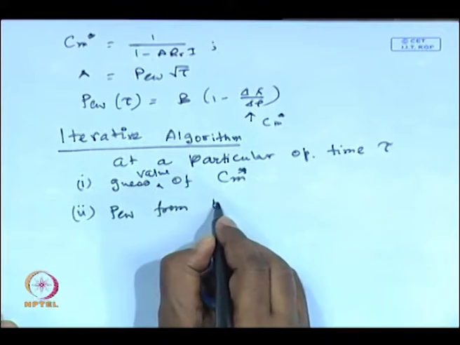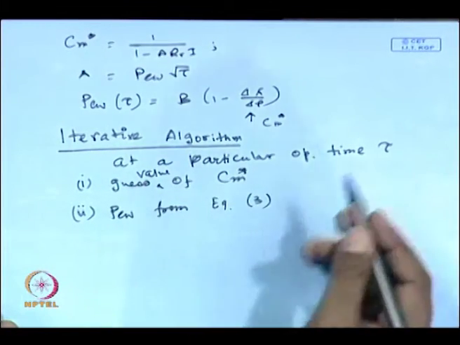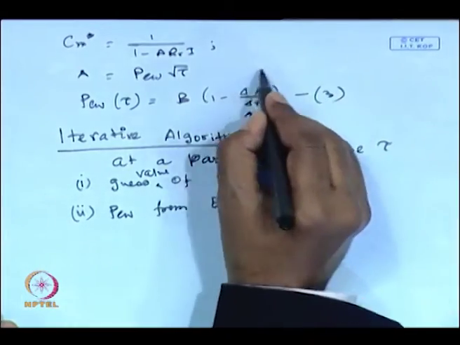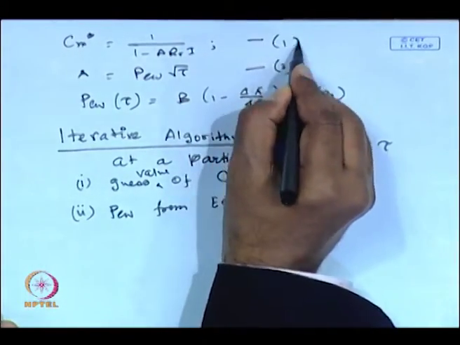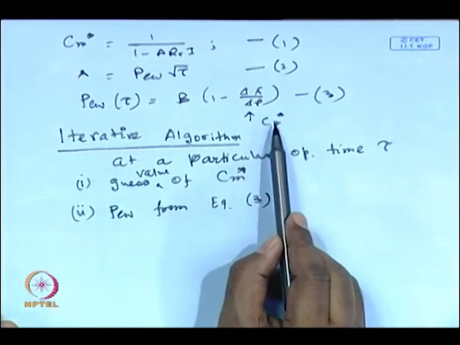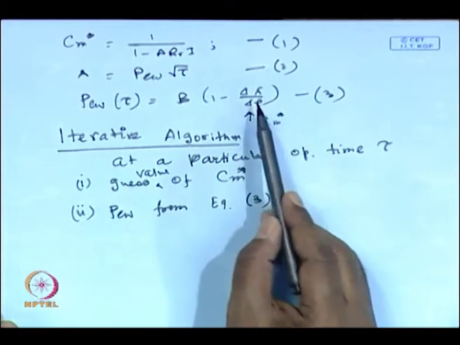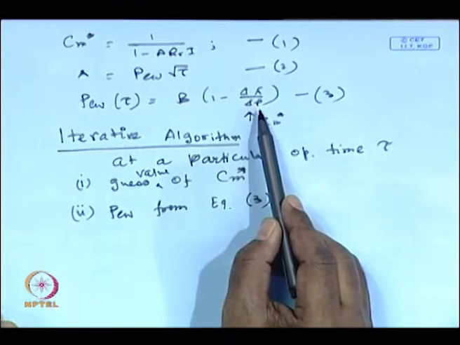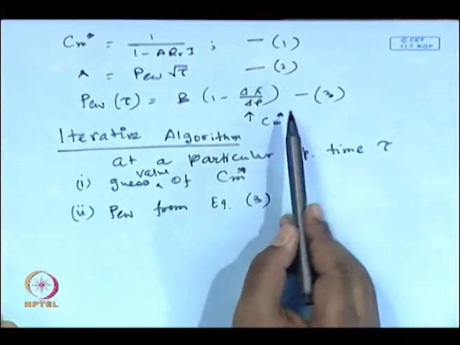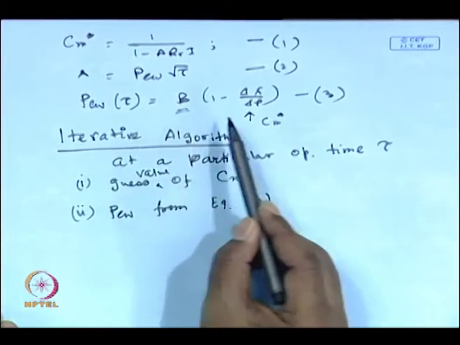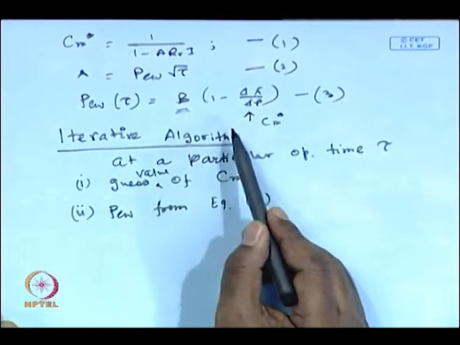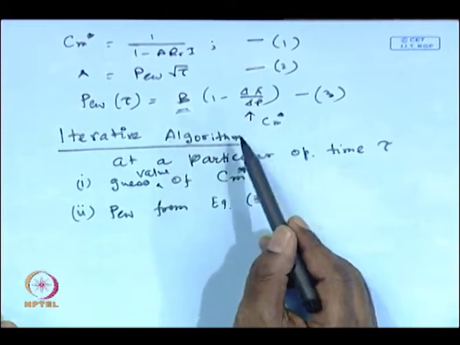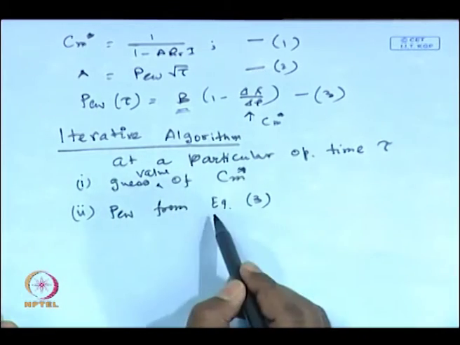from equation number 3. What is equation number 3? From here, this is, let us say, 3, 2, 1. You know the value of Cm star because you have already guessed it, and this is a sole function of Cm star. Delta P is the operating pressure, the operating condition that is known to you because you are setting it. B is a parameter, all the values are known to you. LP, membrane cell radius, and so on and so forth. So, you can get the value of Pw.